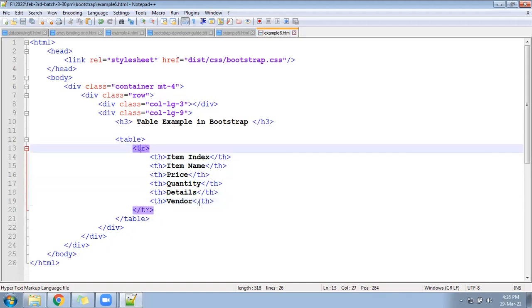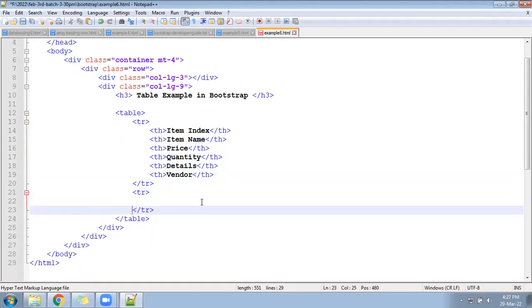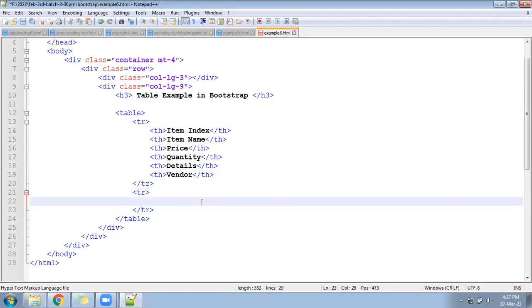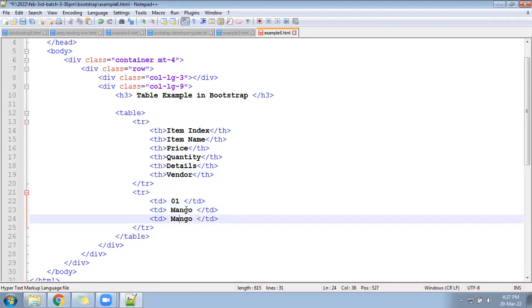Now after that, come down, write the TR, add some TD: zero one, second TD mango, third TD price, rupees 100 per kg.